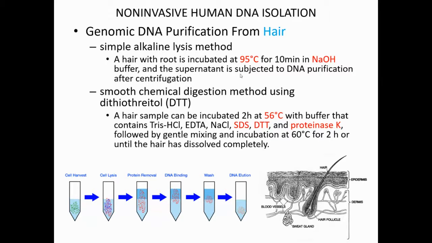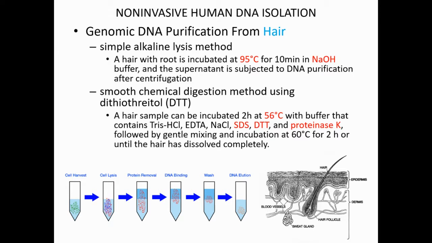For the non-invasive human DNA isolation, you can get it from the hair or urine. And here this slide tells you how to get the DNA from the hair. From the hair, you can use the simple alkaline lysis buffer. So basically, you collect the hair with root. Remember, the DNA is present in the root, the hair follicle. You need to collect the whole hair, from this end to the head here, with the root, because this is the area that you can get the